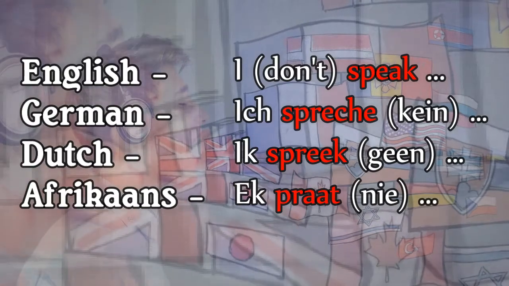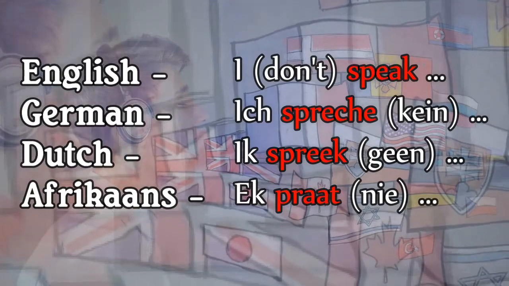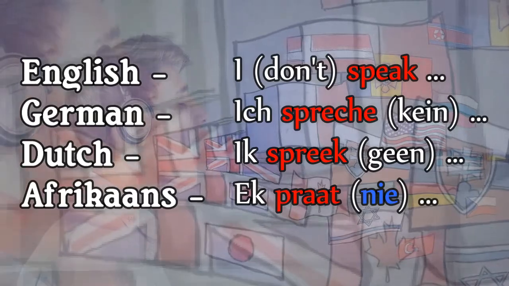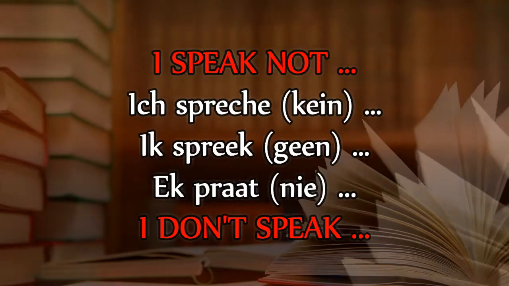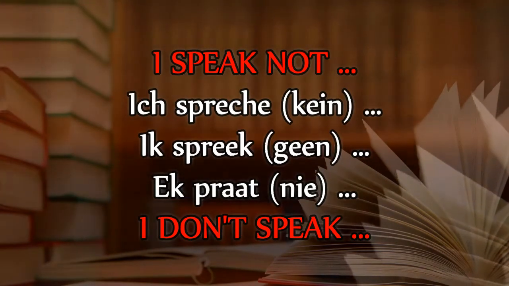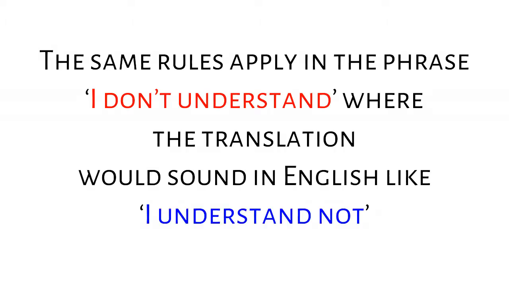Can you see how it sounds negative around the verb using Nie? So it reads, I speak not. Then the name of a language would come next. This rule is the same in German and Dutch too. I speak not. The same rules apply in the phrase I don't understand, where the translation would sound in English